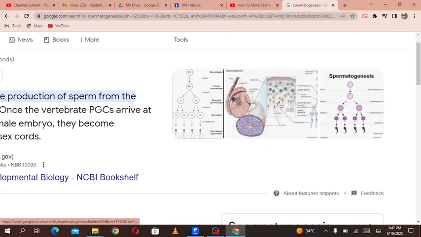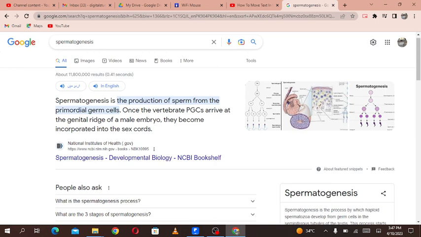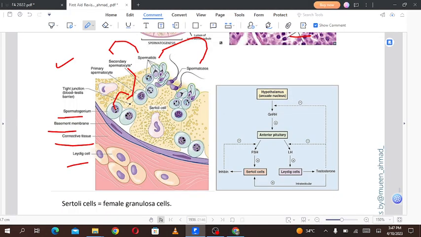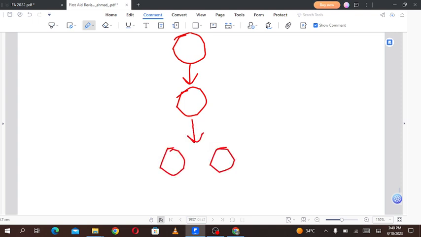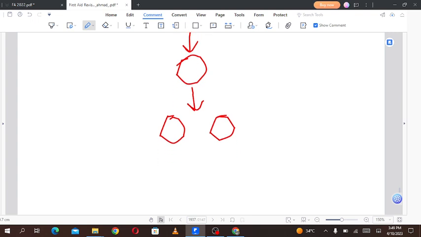So let's draw it, because I guess the mere audio version is not enough. So let's add a page. Here we have it, let's draw the picture. These are the spermatogonia. Spermatogonia undergo mitosis or differentiation to form the primary spermatocytes. Primary spermatocytes undergo meiosis 1 to form secondary spermatocytes, like 2 of them. The secondary spermatocytes undergo meiosis 2 to form